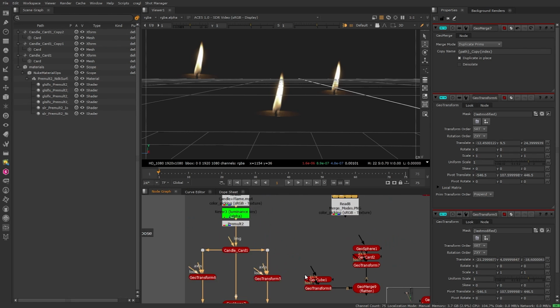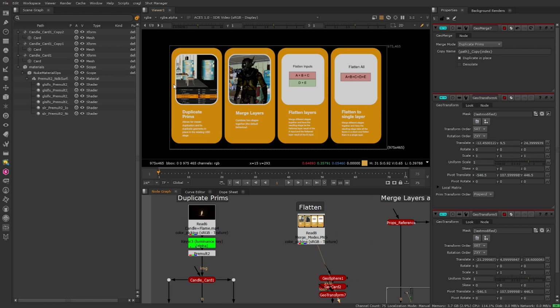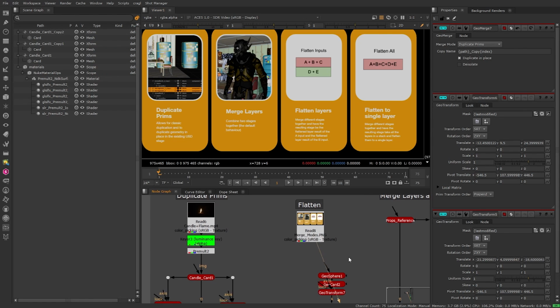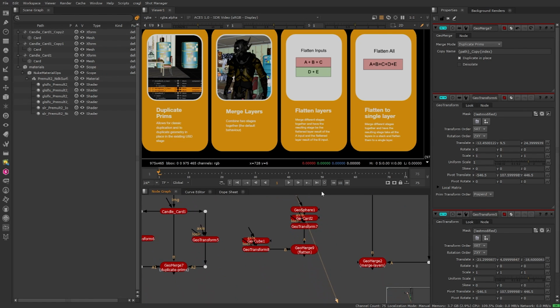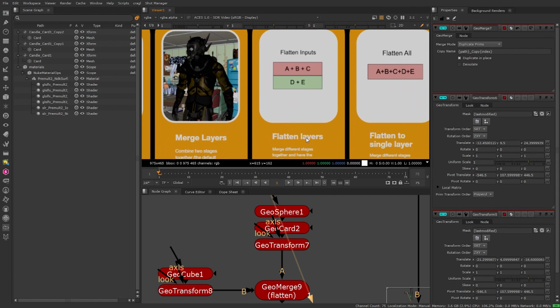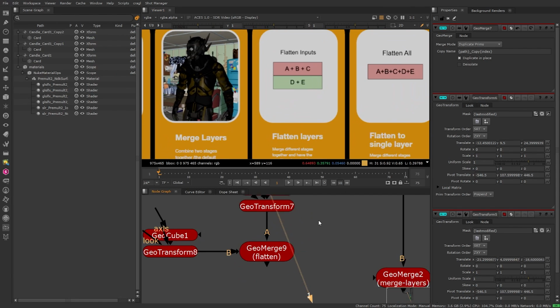There are other methods for merging as well. So the merge layer is the default method, which we saw earlier. Duplicate prims, we just had a look at. And then there's ways that you can also be flattening your layers. So everything in Nuke, when you create a node, is a layer. So when we are choosing to merge them, we can choose different ways to flatten them moving forward beyond the